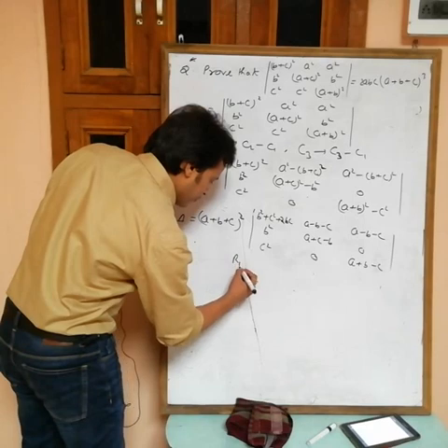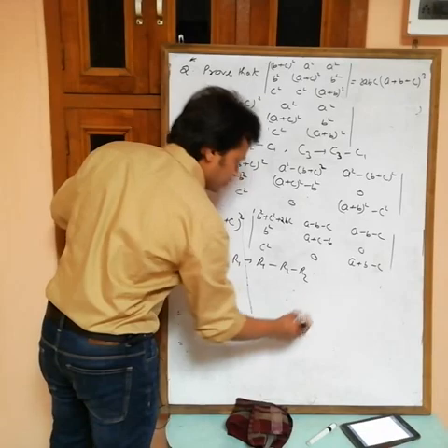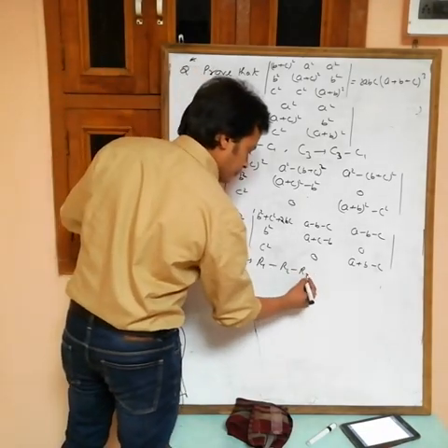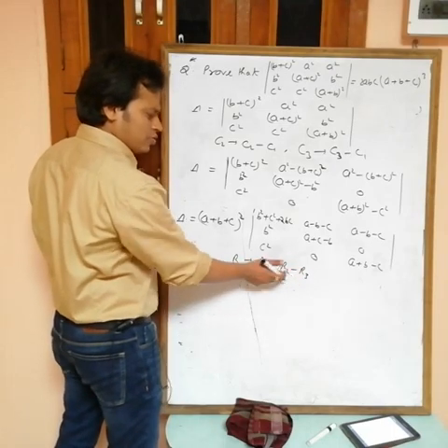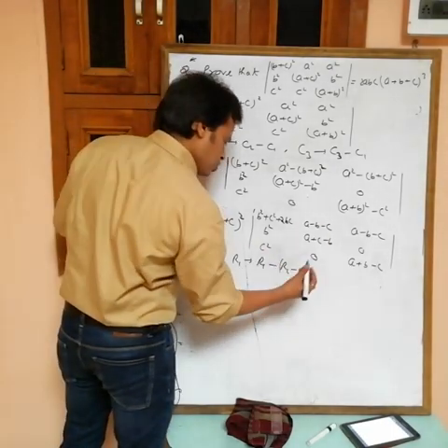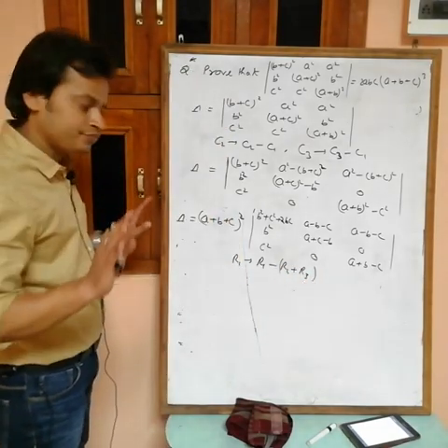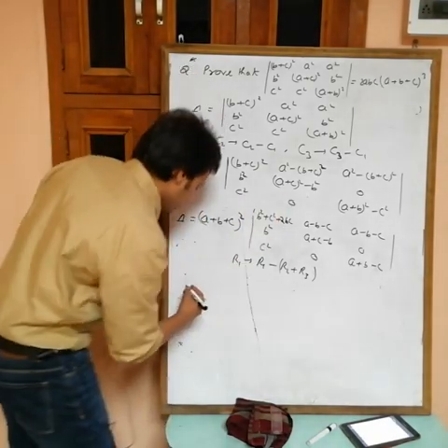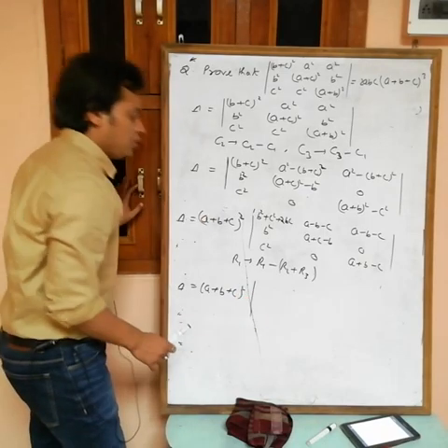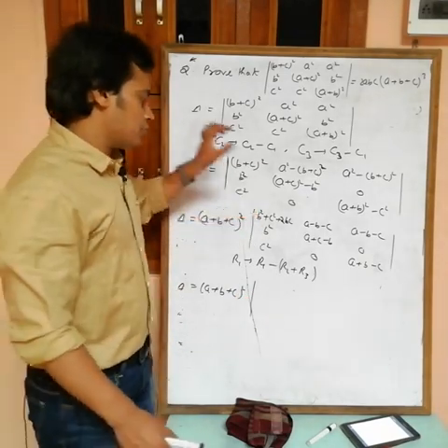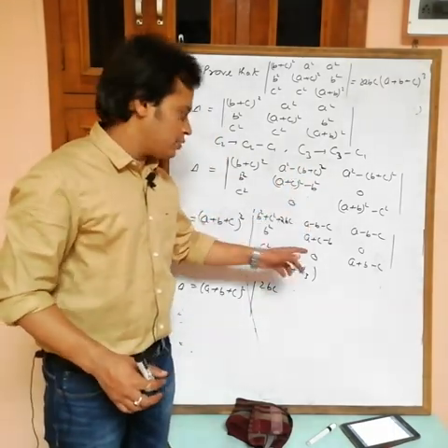So in R1, what am I doing? In R1 I am subtracting R2 and also I am subtracting R3. Okay, I am subtracting both. In any row you can add or subtract a constant multiple of another row. Or suppose in R1 I am subtracting R2 plus R3. Write anything, it doesn't matter. Now delta is equal to (a plus b plus c) whole square. In R1 if you subtract both, then what will you get? 2bc. Subtract both, 0, doesn't matter.